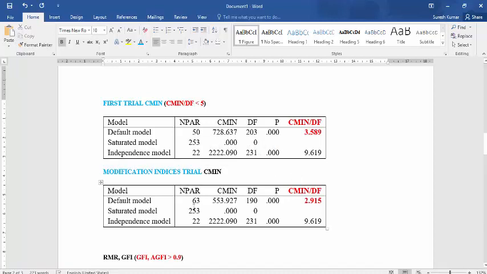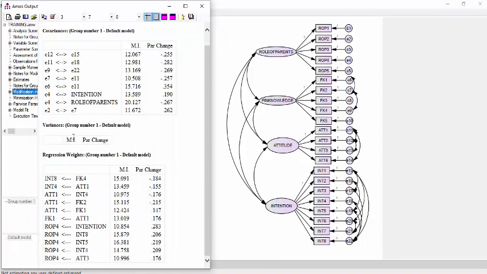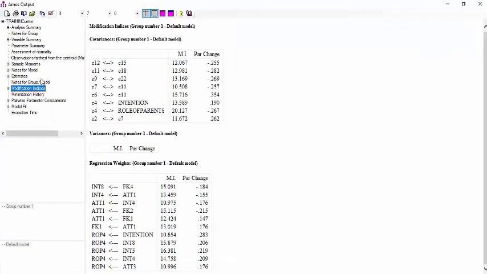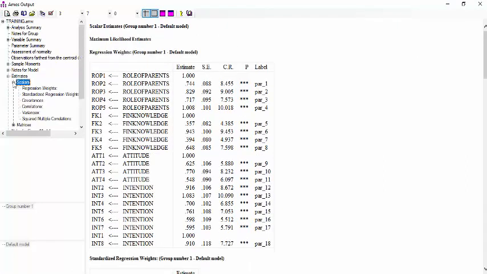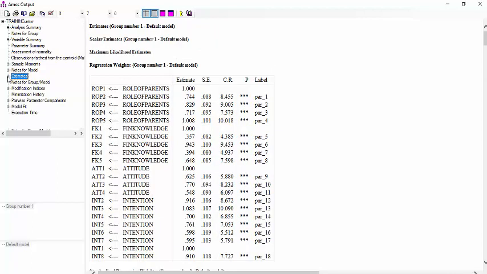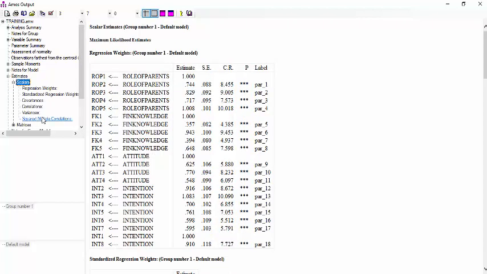Okay. Now let's try the third trial. The third trial is, we try the second one. The second one is what we call as square multiple correlation. The square multiple correlation is located under estimates and scalars. Now what you do is very simple. You just need to click on this positive sign of estimates, positive signs of scalars, and click on the square